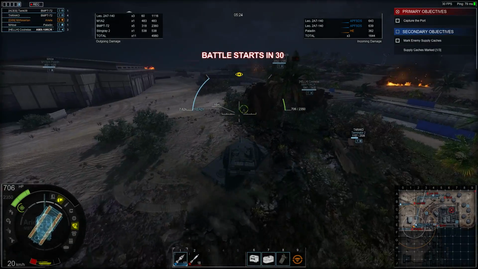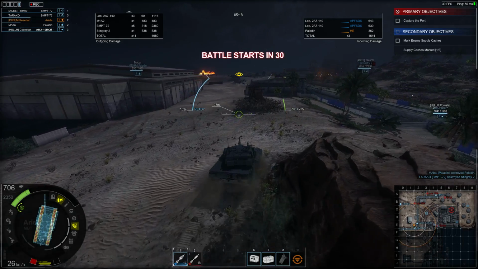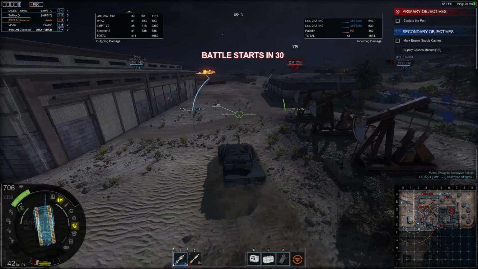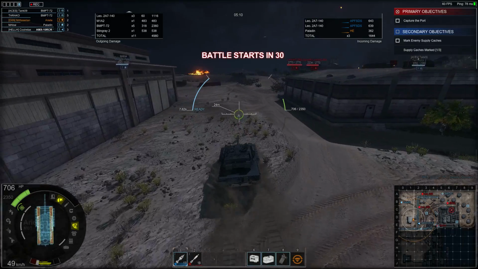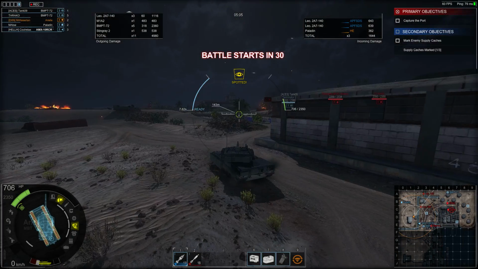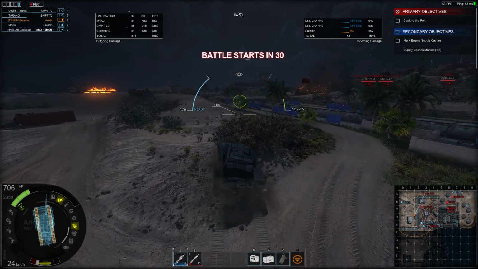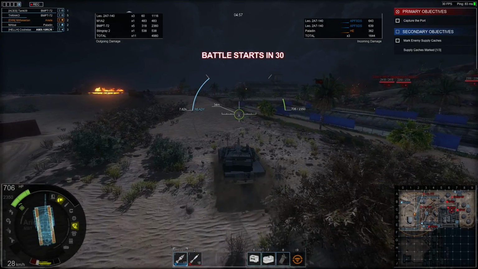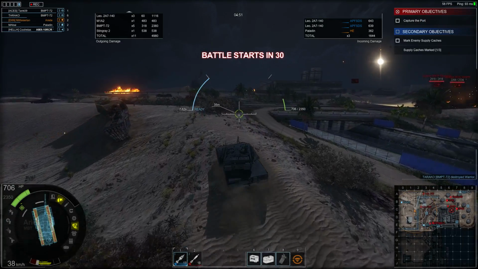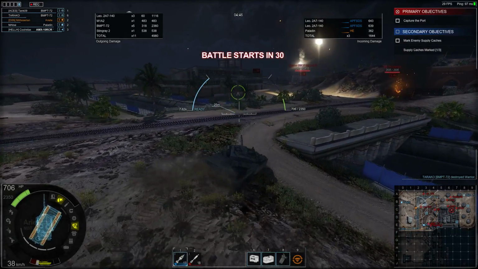Get my nose swung around here. Now, there's a hostile MBT up here that I want to deal with. And there's a Leopard 2A6. A pair of them. Crap. That's not good. The main issue is that there's a Paladin, right? Now, my vision range ain't the best in the world, but...